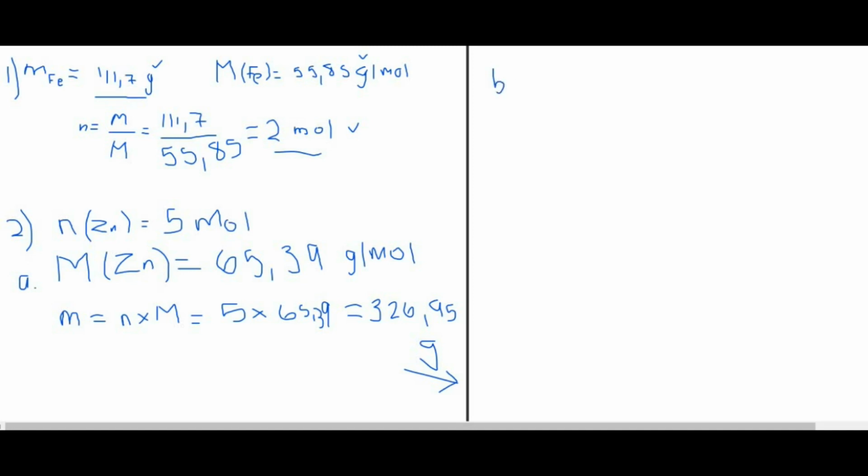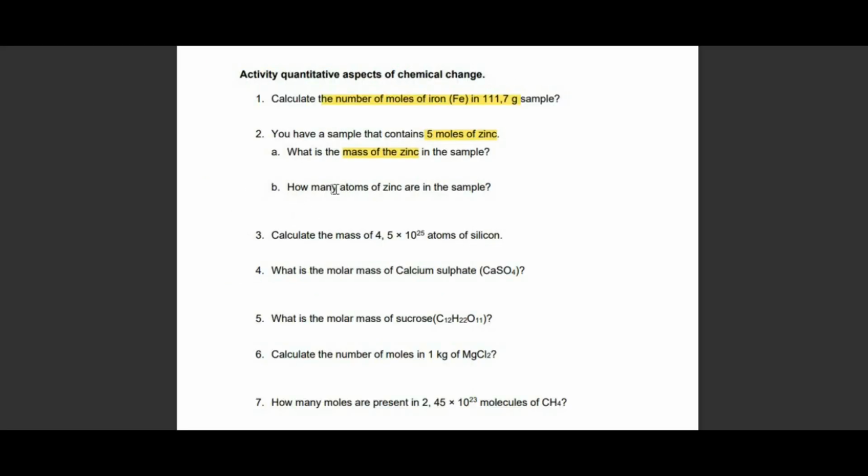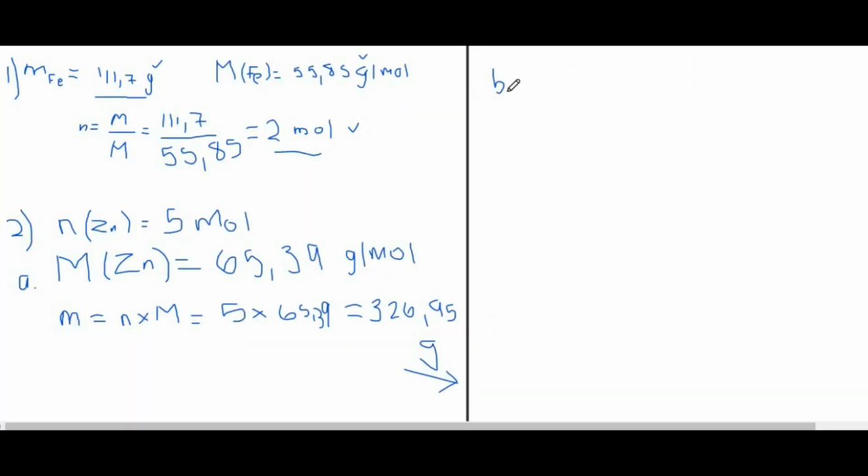So question B, we need to calculate how many atoms are in the sample, how many zinc atoms are in the sample, right? So we say, okay, I know from what I've described that one mole, and in this case we are talking about zinc. I don't want to write this in full. So you know that one mole of zinc equals to